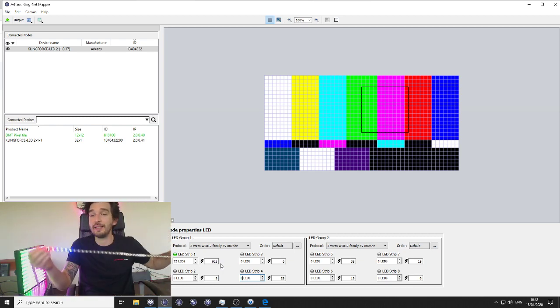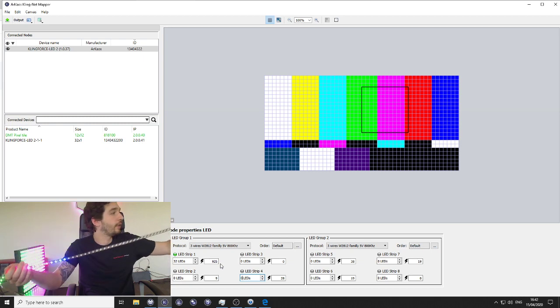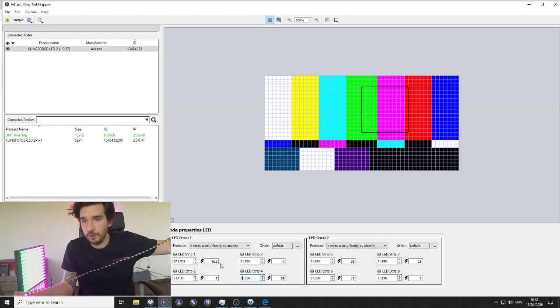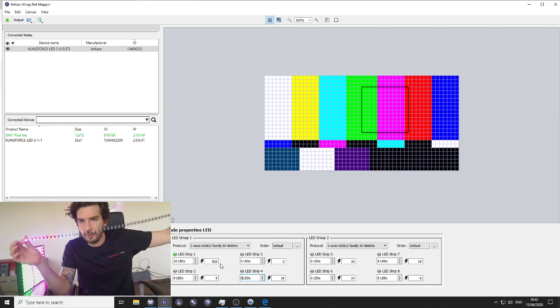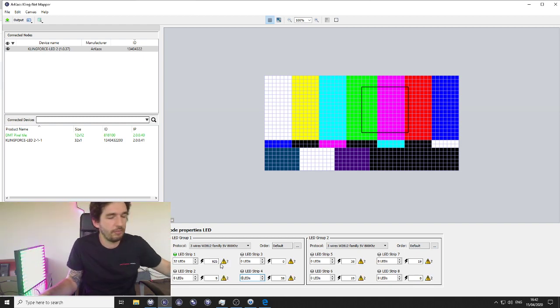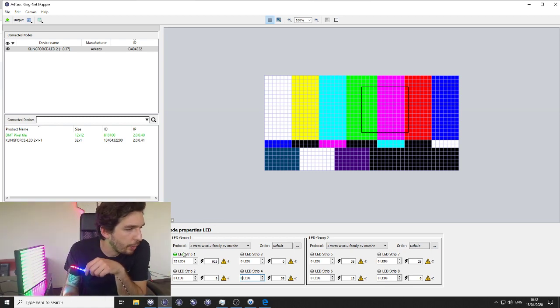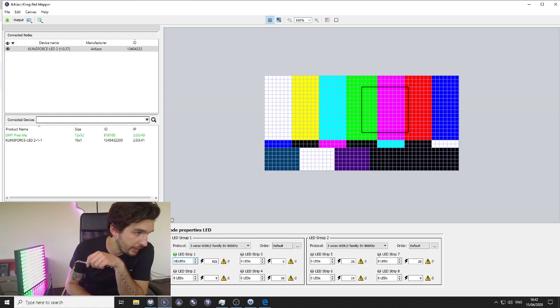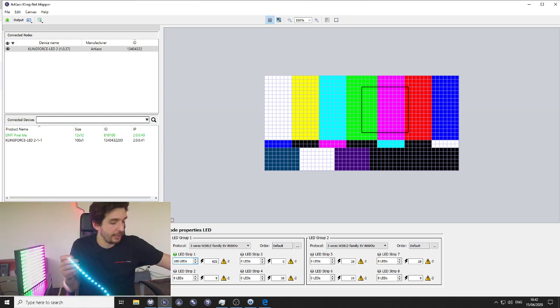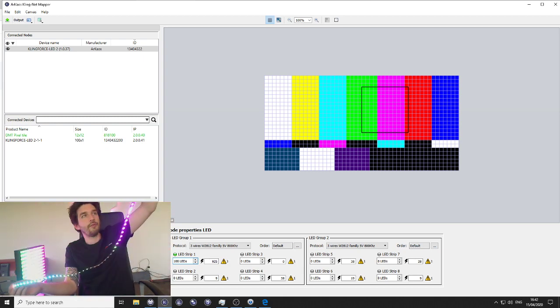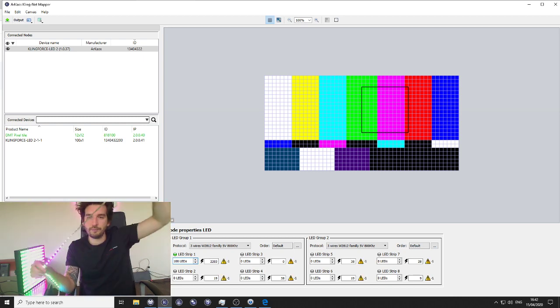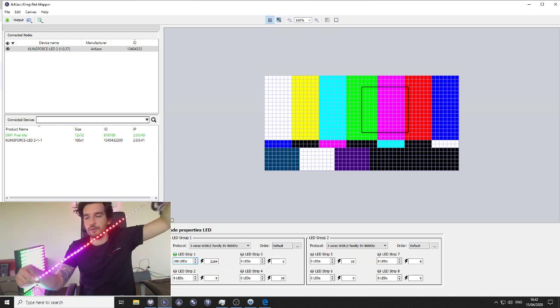You can see that my tape is way bigger than that. It's something I bought online. I think it's a 5 meter tape, 60 LEDs per meter. There are tons that you can find on the market. I will set my output to, let's say, 100 LEDs. You can see that automatically it's 100 LEDs. The rest of my strip is not lighting, it's not controlled by my system.